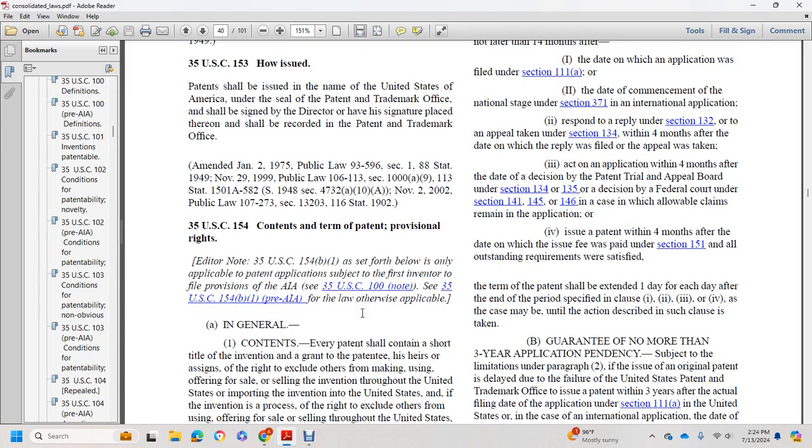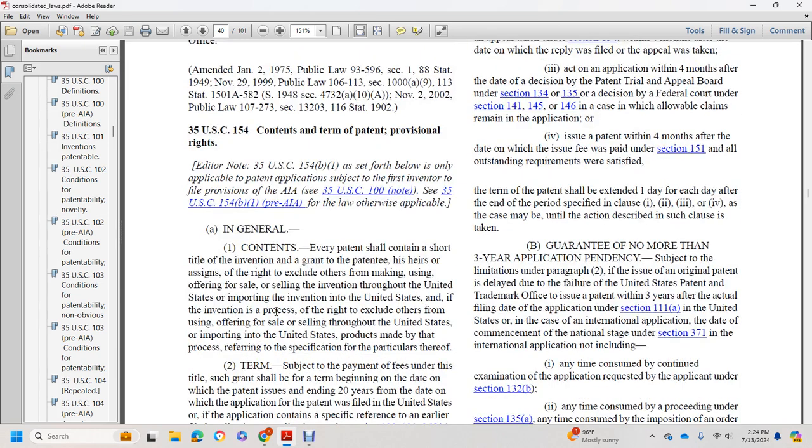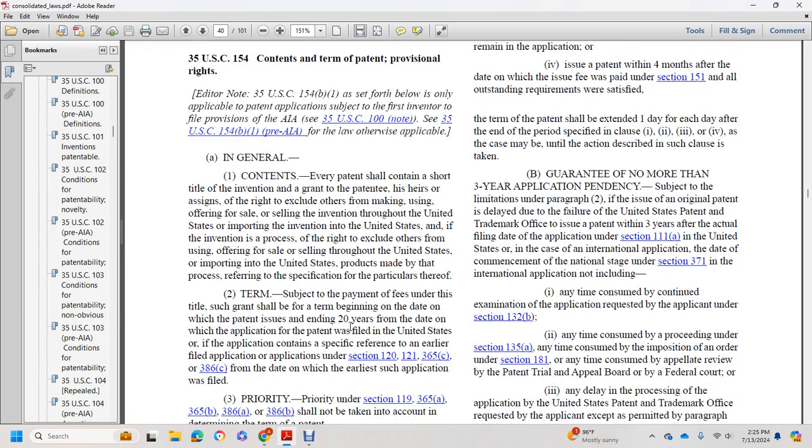Title 35 U.S. Code 154, contents and term of patent, provisional rights. General. Every patent shall contain a short title of the invention and a grant to the patentee, his heirs or assigns, of the right to exclude others from making, using, offering for sale, or selling the invention throughout the United States, or importing the invention into the United States, and, if the invention is a process, of the right to exclude others from using, offering for sale, or selling throughout the United States, or importing into the United States, products made by that process, referring to the specification for the particulars thereof. Subject to the payment of fees, such grant shall be for a term